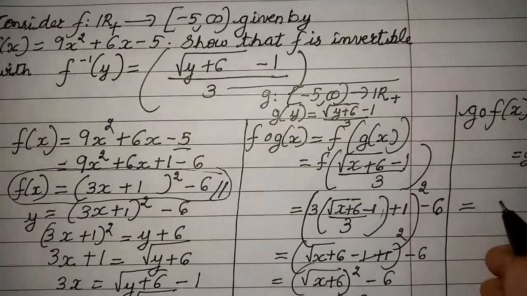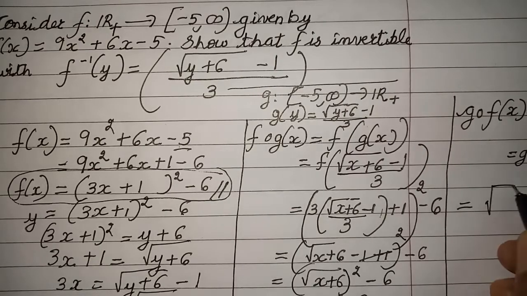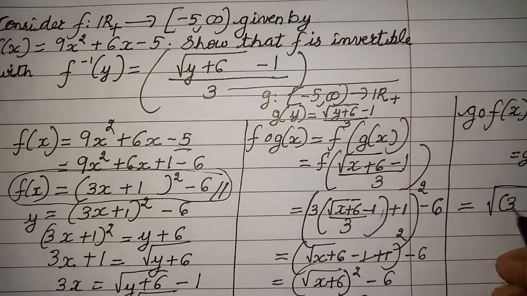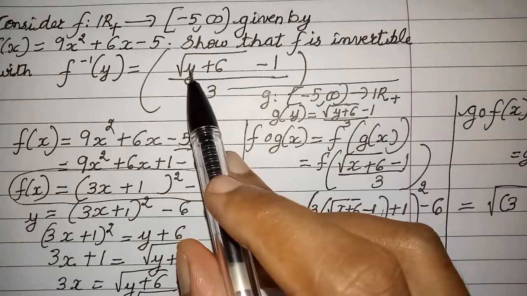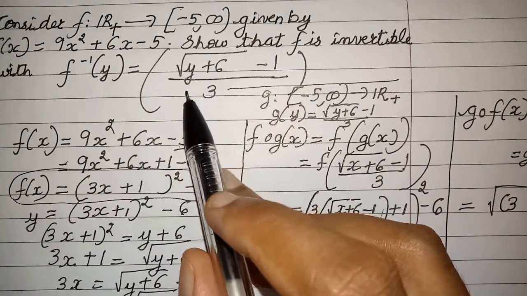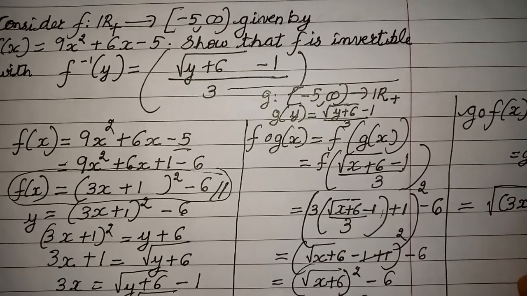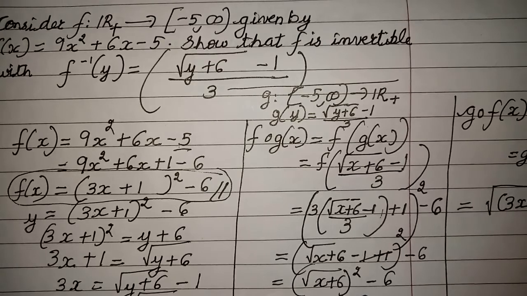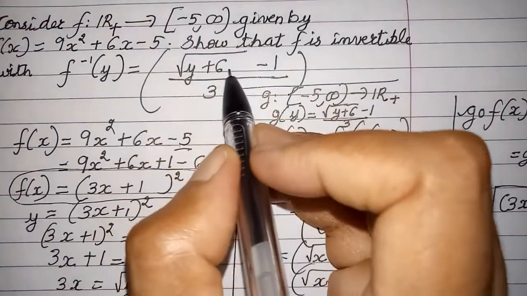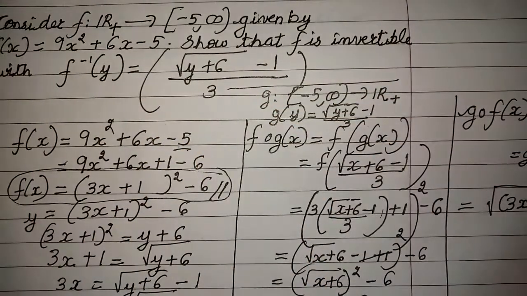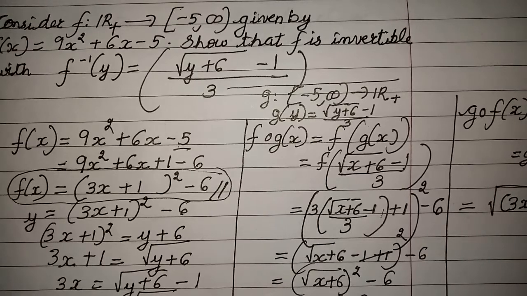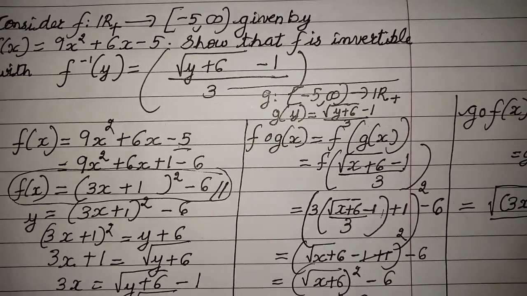Now how is your definition of g of y? It is defined as square root of this complete number plus 6, right? So square root of this complete number plus 6. So it will be 3x plus 1 the whole square minus 6, this complete number, right? To that complete number you have to add 6. So I am going to add here 6. From that I am going to subtract 1, upon the whole upon 3.